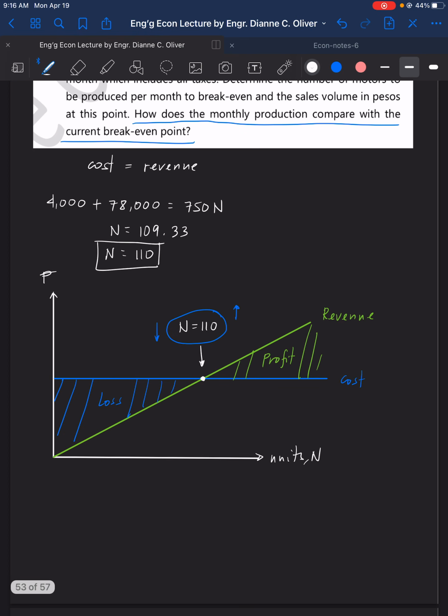So it means 150 is above the break-even value. Thus, there is profit. And we can compute the profit by